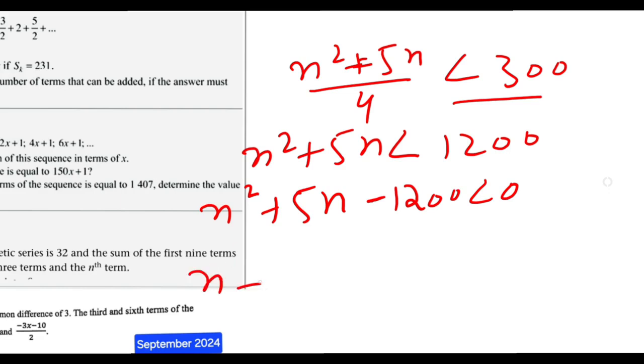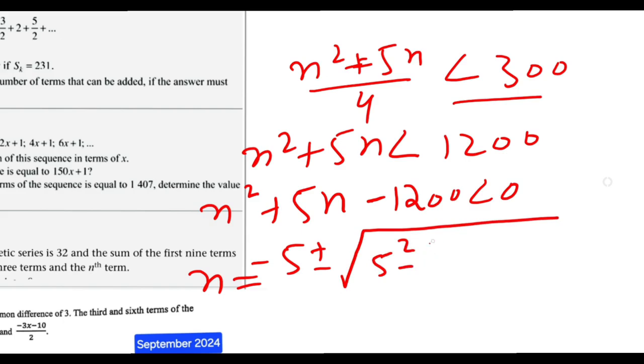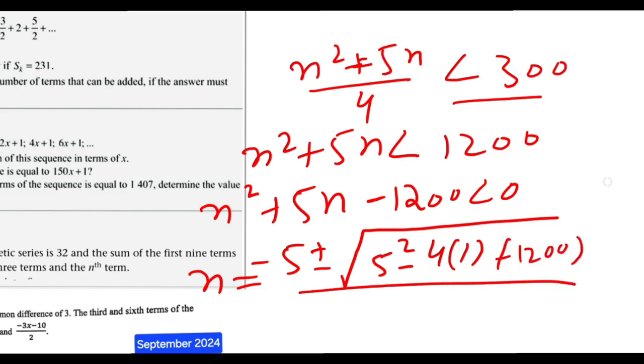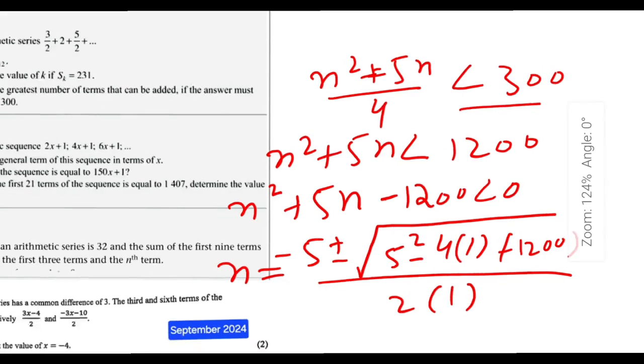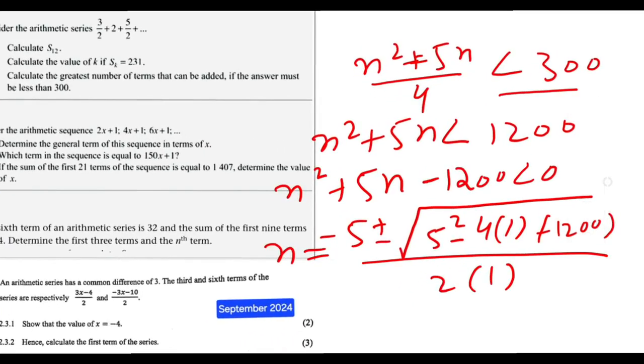So n is equal to negative 5 plus or minus the square root of 5 squared minus 4ac, 4 multiply 1 multiply negative 1200, over 2a, 2 multiply 1. So I'm going to use the calculator one time to solve here. So the answer is going to be n equal to